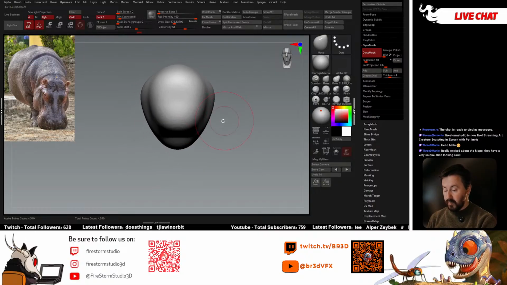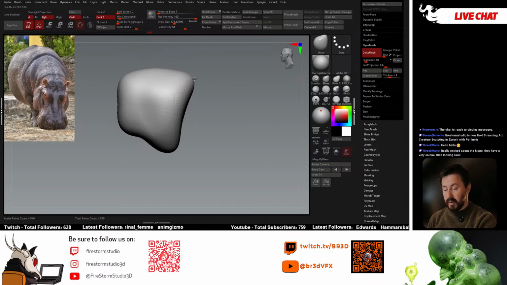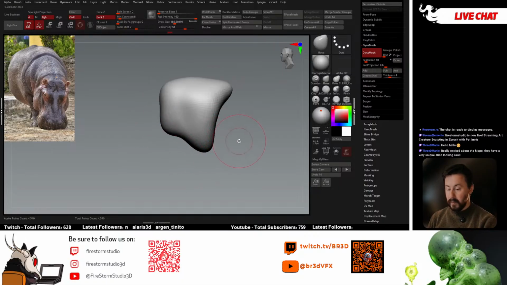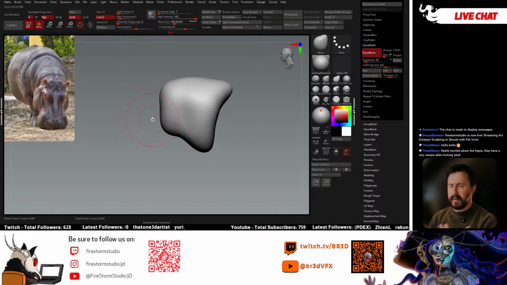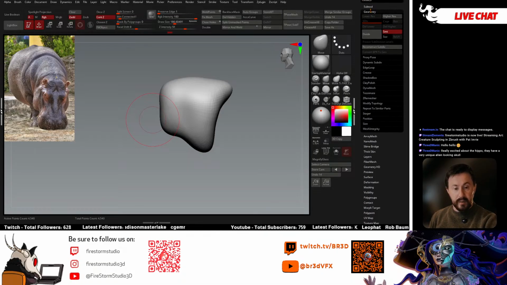So I've got the rough neck here. I think we'll go for kind of like a bust for the hippo, similar to how we did Godzilla. And then with the hippopotamus, there is another kind of spherical part for just the underside of the head. That's what I'm looking at here. It's quite a spherical underside, but there's a very rectangular shape to the head as well. So we will add in another